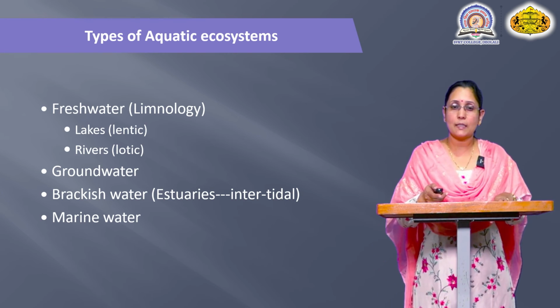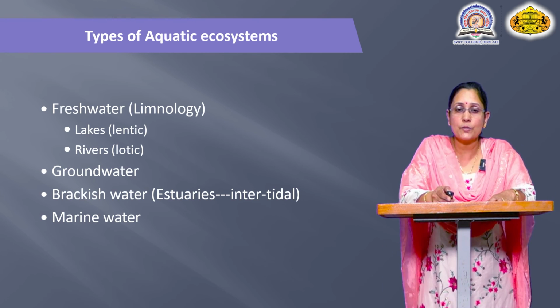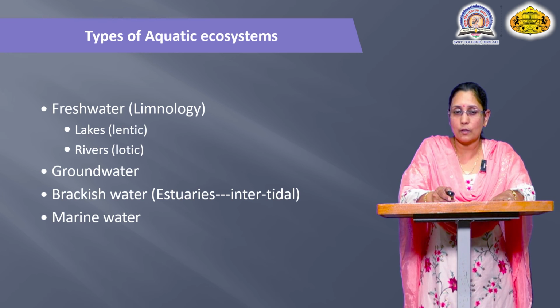So fresh water, as I said, limnology. Here lentic and lotic, two different terms you can see. Lentic fresh water system and lotic fresh water system. What is meant by a lentic fresh water system? Here still, stagnant water is there. There is no movement related to this particular water. It is just in stored form. A good example is lakes and ponds. Second, lotic means free flowing fresh water system. A good example is stream, river, etc.